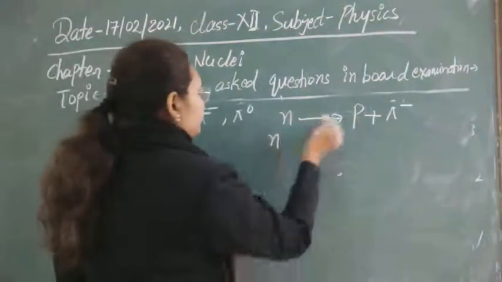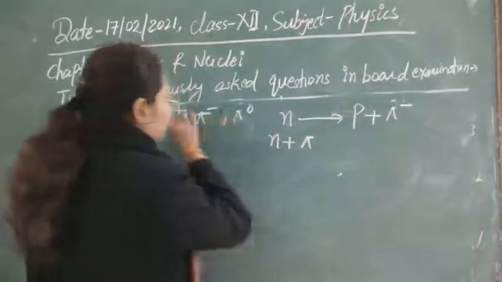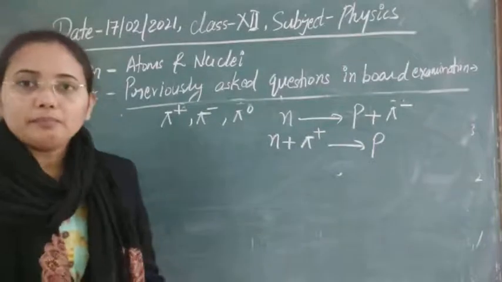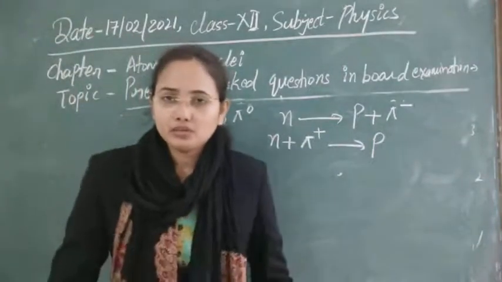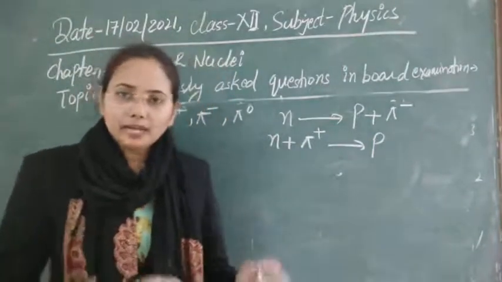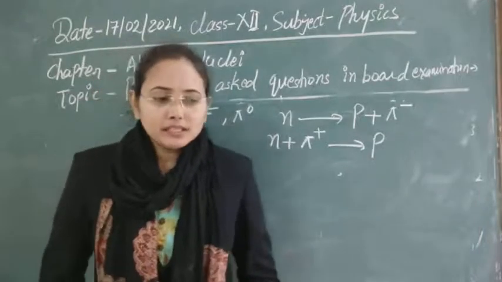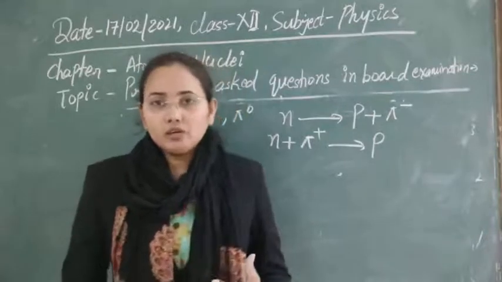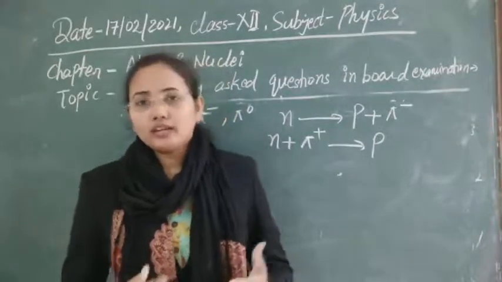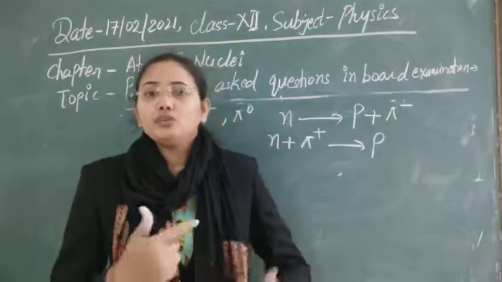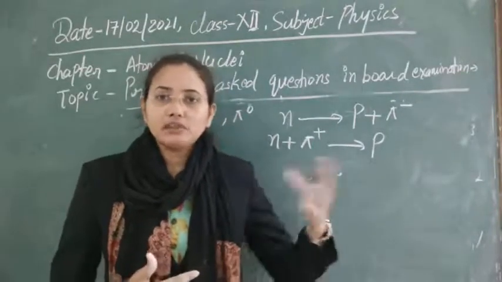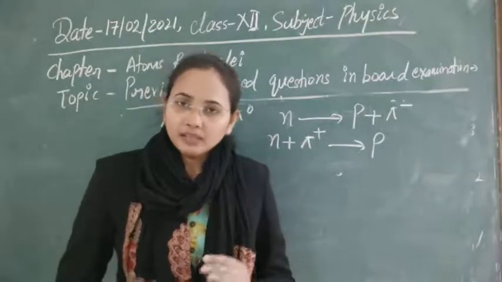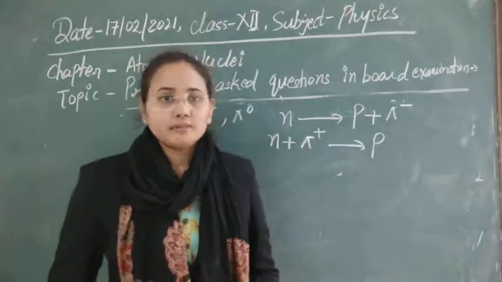Also, a neutron can be converted into a proton by absorbing a pi plus particle. Means they are free to absorb mesons, they are free to emit mesons. So simply, the concentration of pi mesons is always maintained. You can say that they are only providing an intermediate to give stability to the nuclei. They have only that role. They are not created, they are not destroyed. They are only used in the process. Means in some processes they will be absorbed, in some processes they will be emitted. So as a whole, if you just see their number, that will always be conserved in the nucleus.